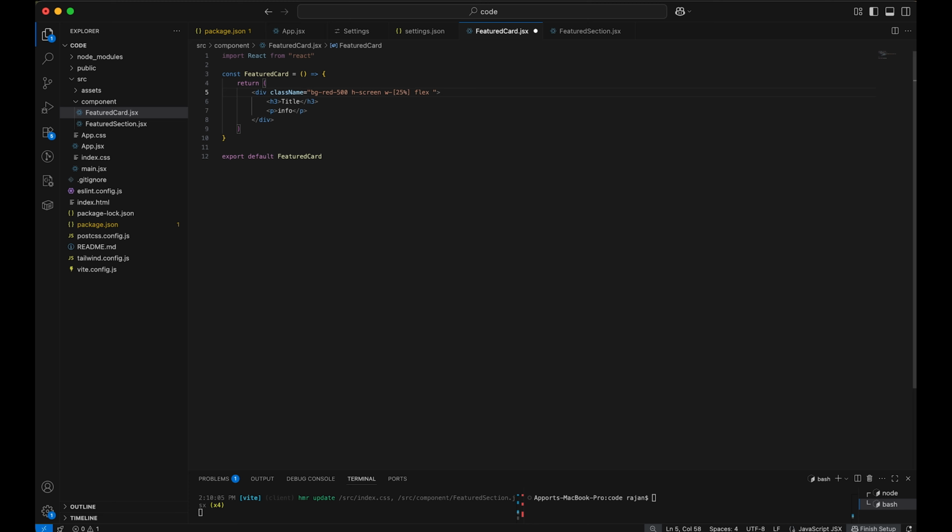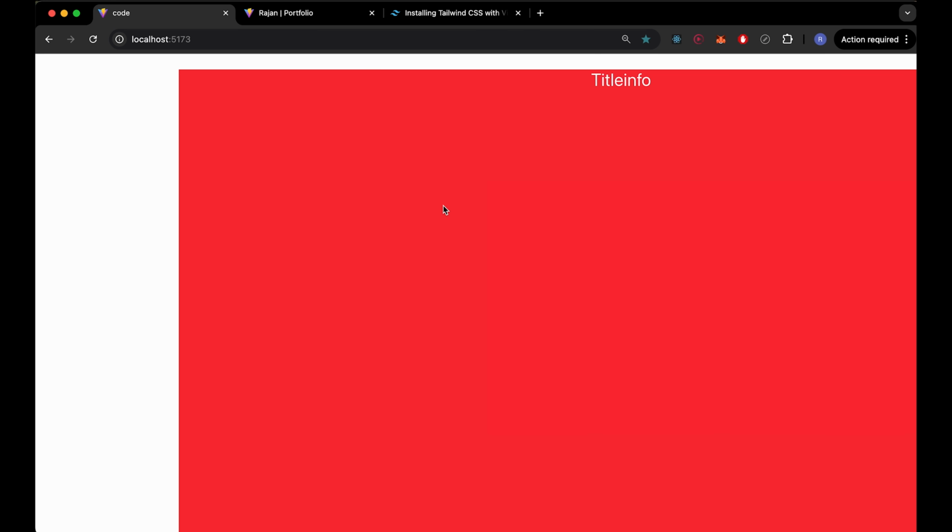Then flex so that we'll have some control on the positioning. Now if we see in the browser, you can scroll to the right, but we want it ideally